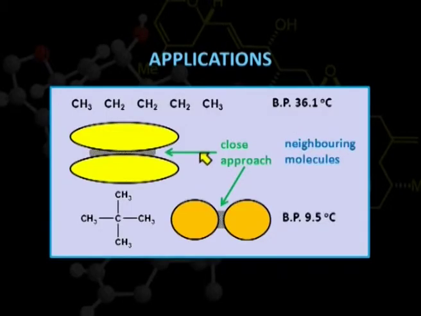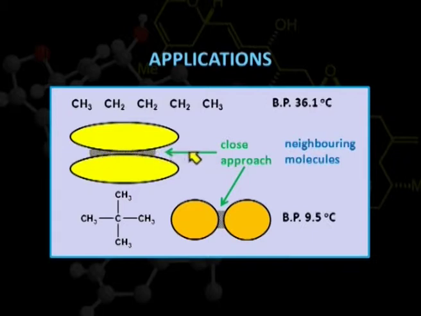Now here we can see that because of this, the surface area is maximum and hence it will have more points of contact with the neighboring molecule. In case of the spherical structure of neopentane, it will have fewer points of contact. So we will have to supply less energy to break these van der Waals forces and hence its boiling point will be least. Here the boiling point will be maximum because we will have to break all these bonds so that these molecules will become independent of each other and will be converted to the